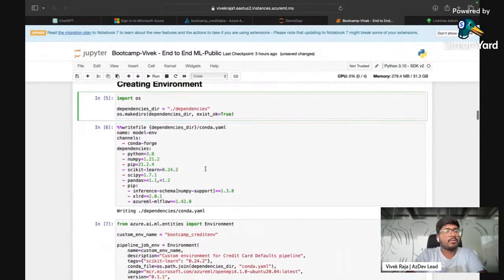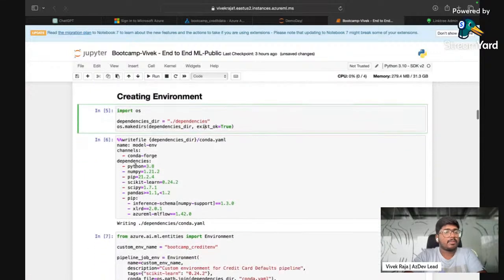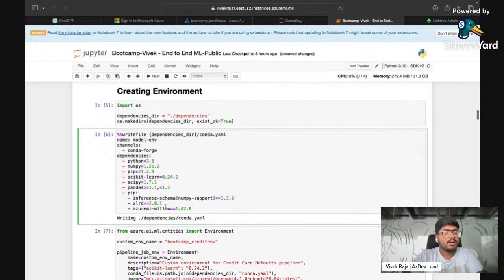The second thing is to create an environment. Your environment is nothing but a set of dependencies that you have to install to make sure that you can train or deploy your model. So for us now, training is the thing, and I'm going to install a couple of machine learning packages or Python libraries, which include this and this. And I'm writing it down to a file called dependencies/conda.yaml. This is the YAML file. If you're not familiar with what a YAML file is, just imagine this is a file very similar to requirements.txt.